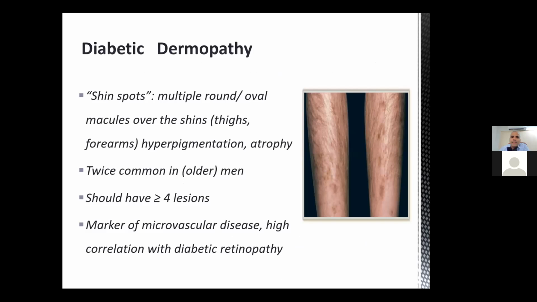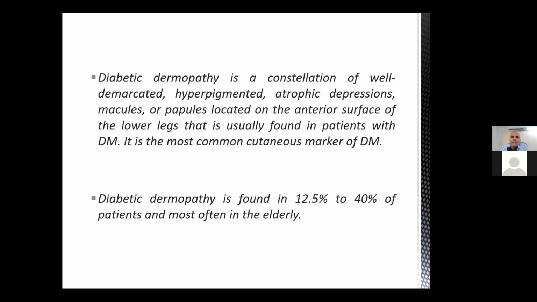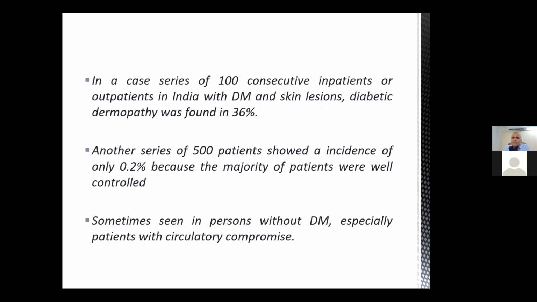To be justified in the diagnosis, you should have more than 4 lesions, and it is a subclinical marker of microvascular disease, which has a high correlation with diabetic retinopathy. The lesions are well demarcated, hyperpigmented macules or papules on the anterior and lateral surface of the legs, and it is the most common cutaneous marker of diabetes, found in about 12.5 to 40% of patients with diabetes. And some